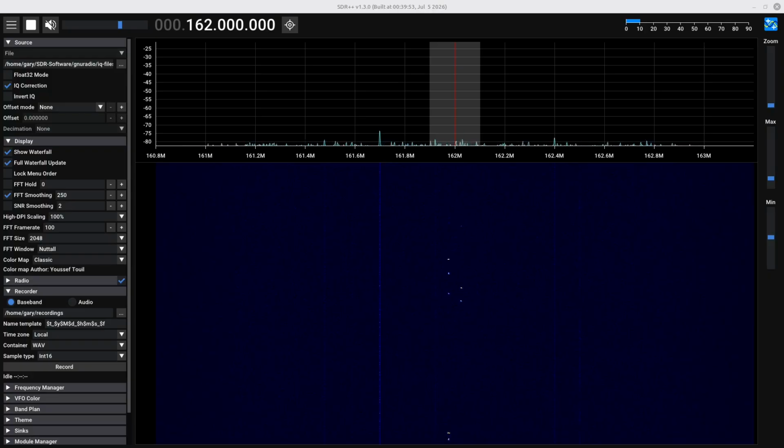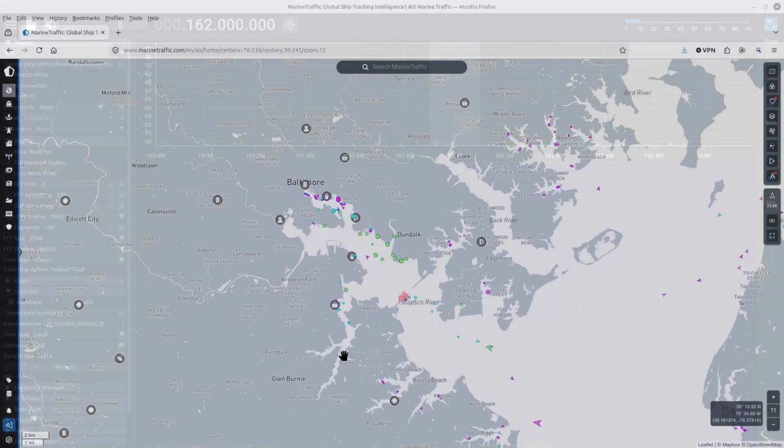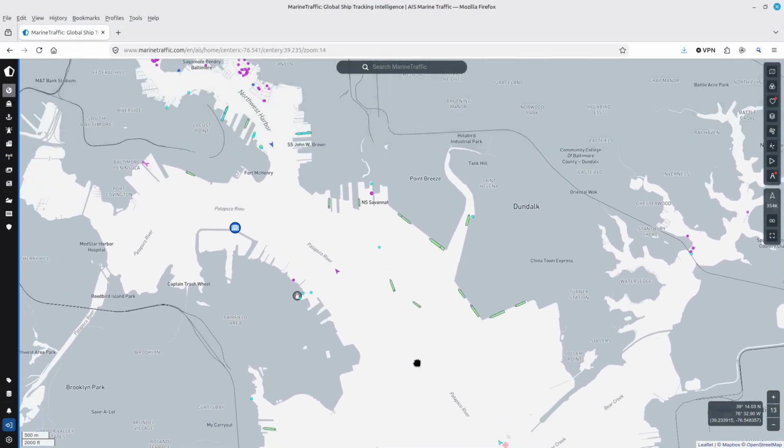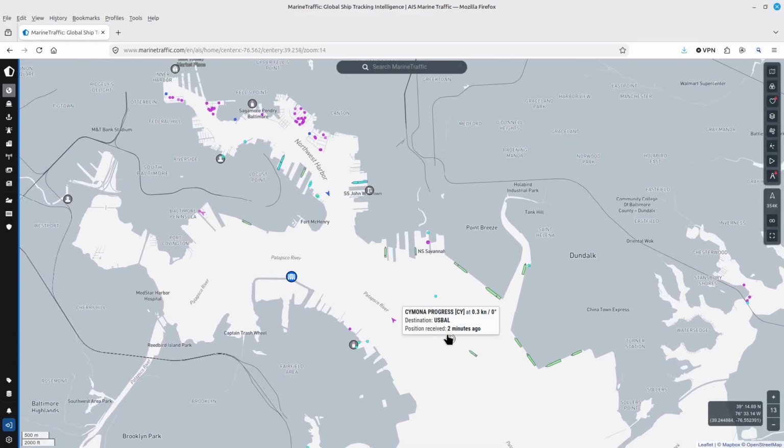The purpose of this video is to explain the AIS signal itself. In other words, how to demodulate and how to decode those transmissions. The purpose of this video is not to explain the AIS system as a whole. For that, there is a YouTube video to which I put a link in the description that does a much better job of explaining it than I ever could.